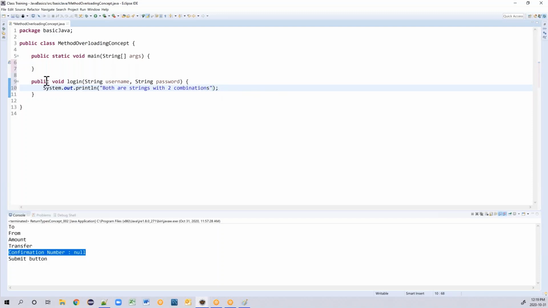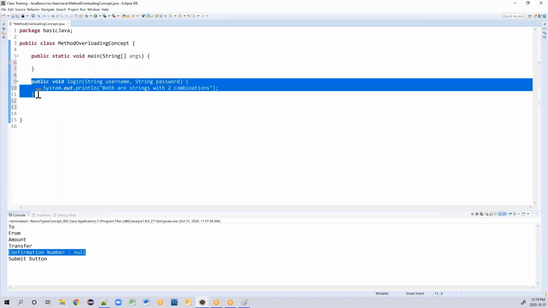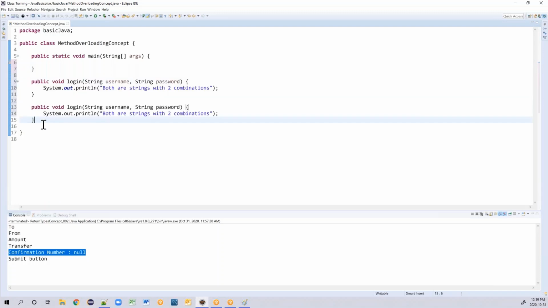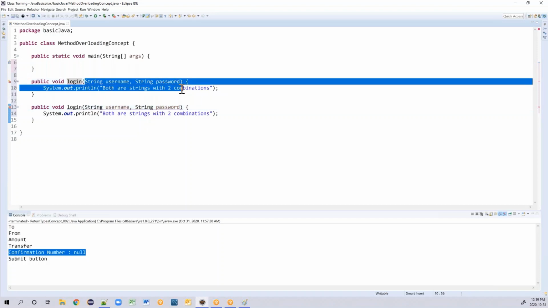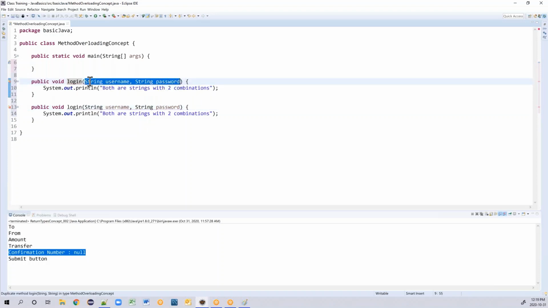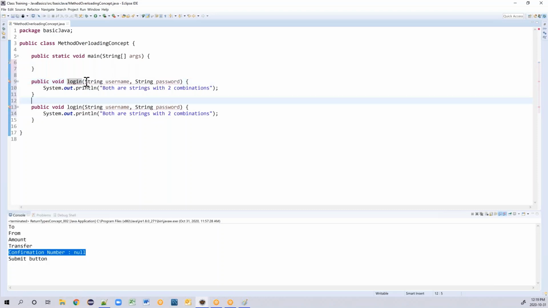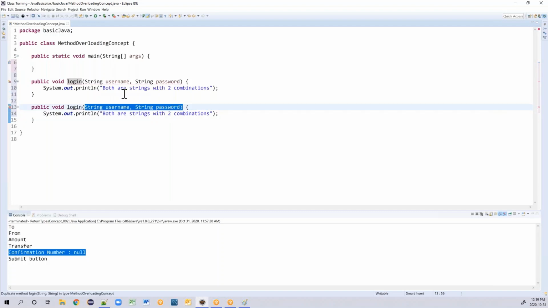Now I am taking the second combination where now first thing is I will copy the same method name and I'll paste it here. So in Java, you cannot have the method name same and the arguments also same. So here if you see, total 2 arguments are there and 2 arguments are of string only. Okay, this is not possible.